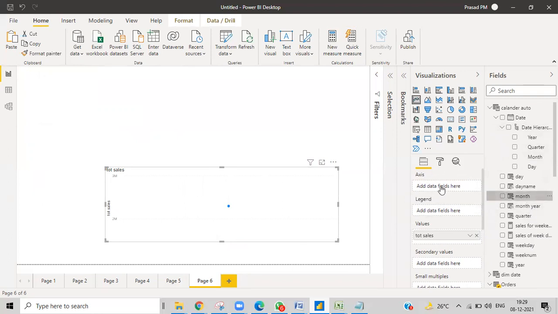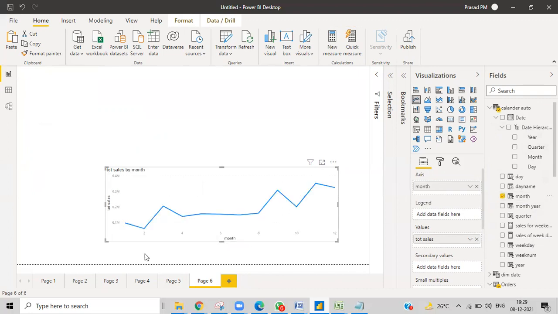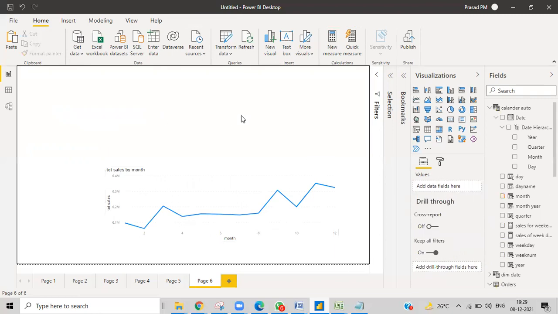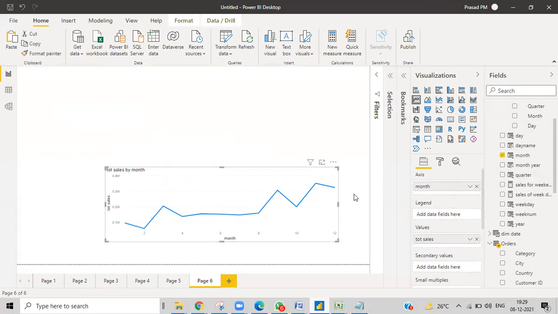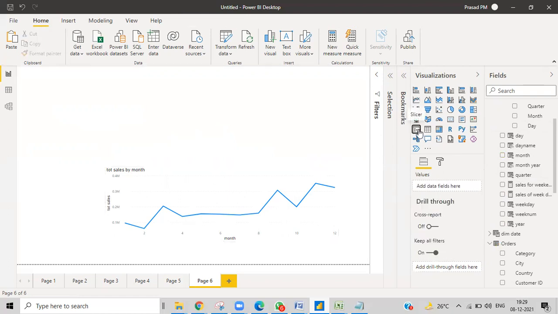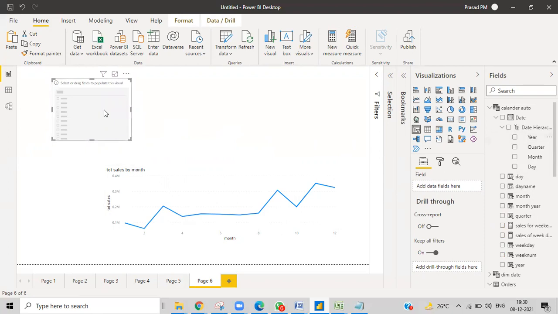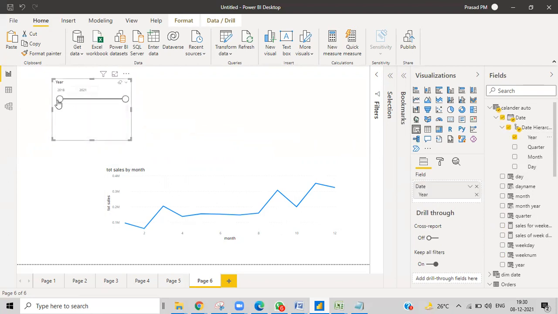Right now I'll give month. So for all the months it is calculating. I'm not taking month yet, but I am taking month. So for all the years I'm getting. What I can do here, I can even give the month and year also, not an issue. I'll give that example later. First of all, I'll take a slicer and filter the year. I'll take the year and give it the slicer. So I'll get all the years from this.